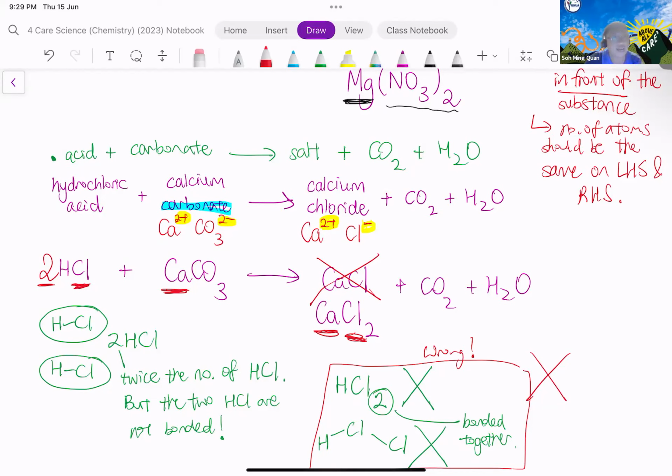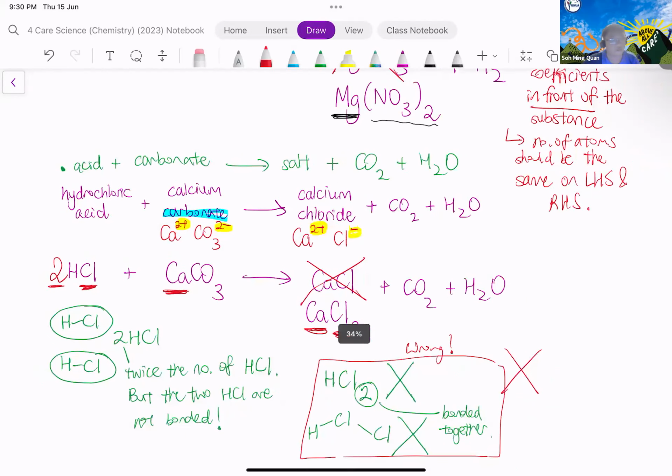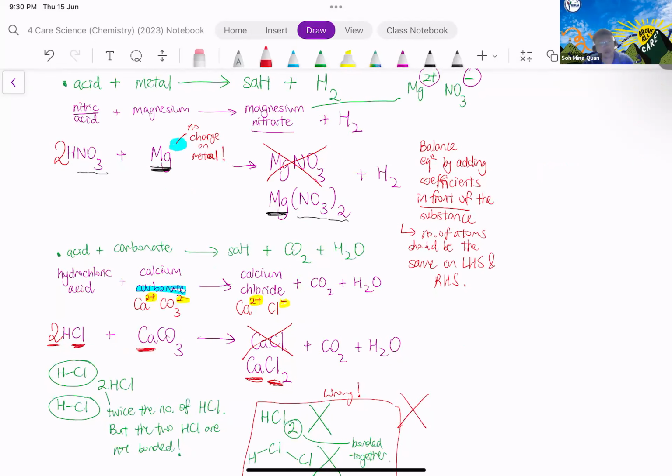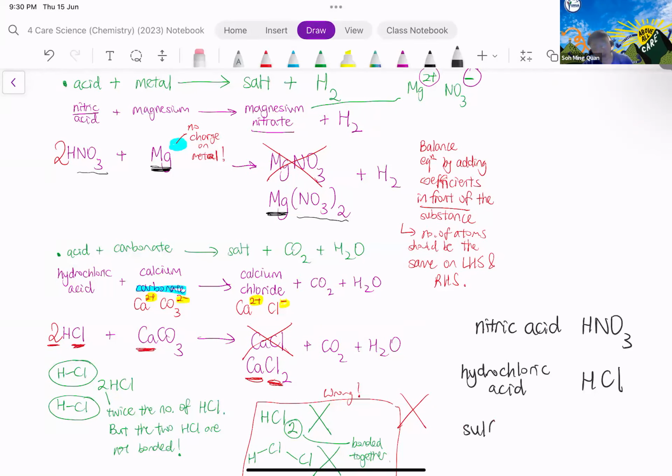Okay, so at this juncture, you realize that we have just gone through acid plus metal, which forms salt and hydrogen, and acid plus carbonate, which forms salt, carbon dioxide, and water. All right, now at this juncture, you realize we have already dealt with a few acids, right? Nitric acid, hydrochloric acid. So it's time for us to summarize. Nitric acid's formula is HNO3. Hydrochloric acid, HCl. Finally, the last one, sulfuric acid,